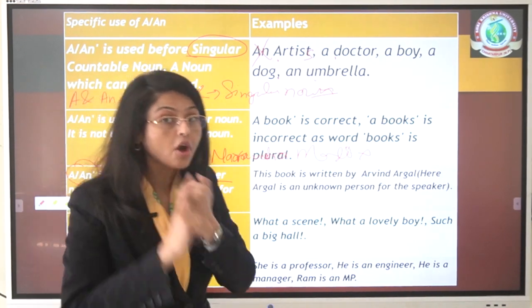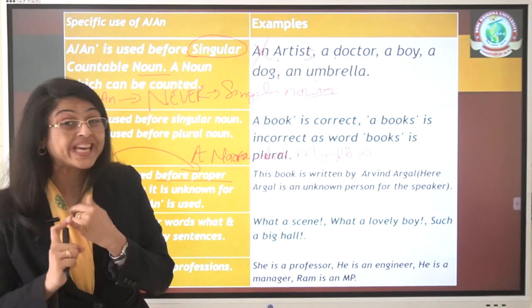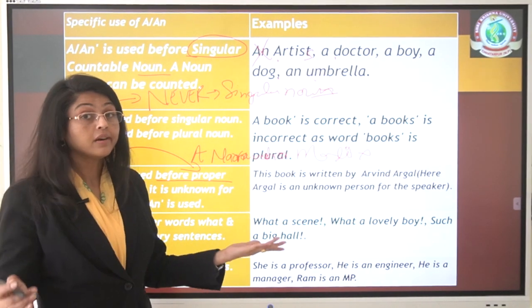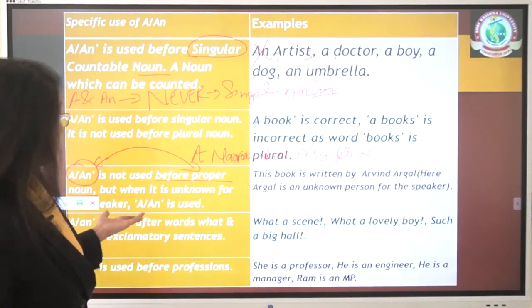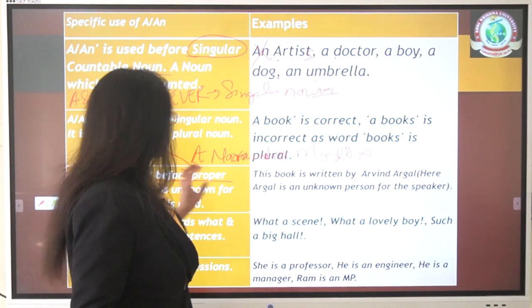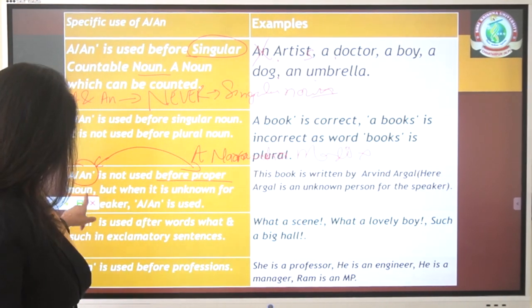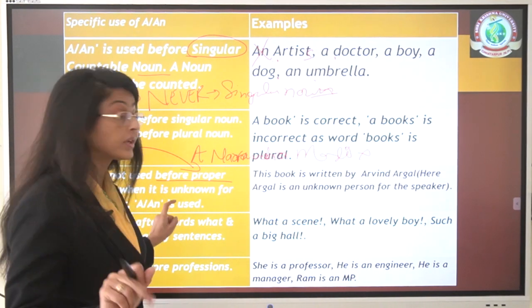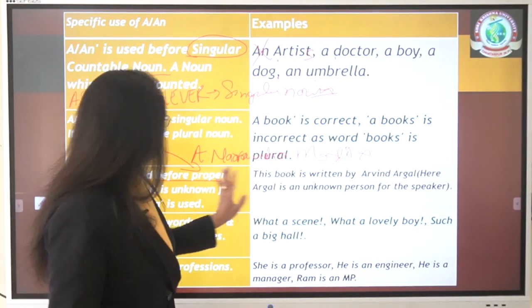Article is not used in front of the name of a vehicle. A car, a bus, no. The car, bus, that is an omission of article. Unless and until they are plural, okay. Now coming here,